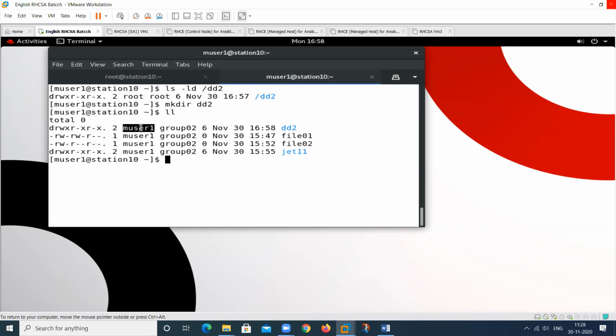So have you understood what I am saying? Sir, it means under that user, root is working in the background to create the directory. Yes.